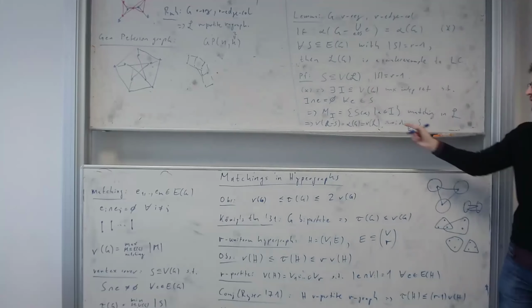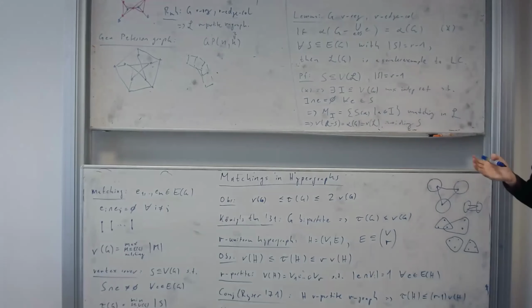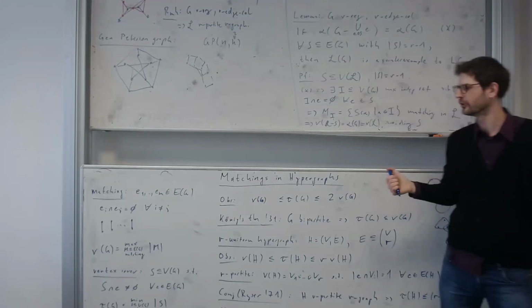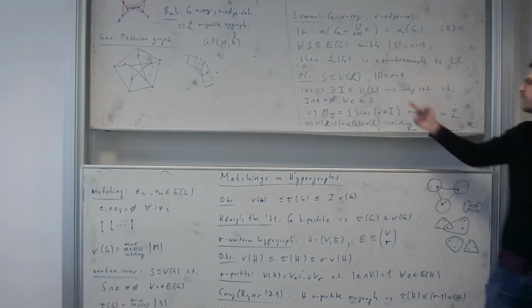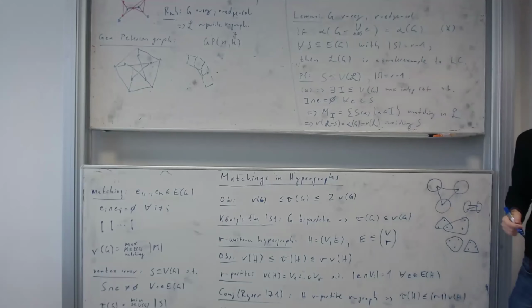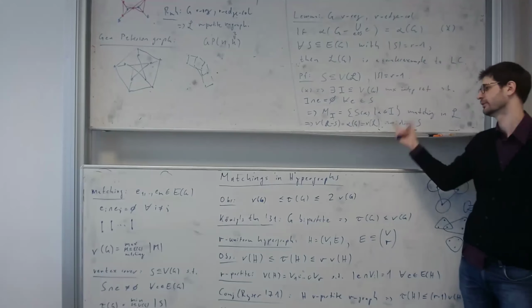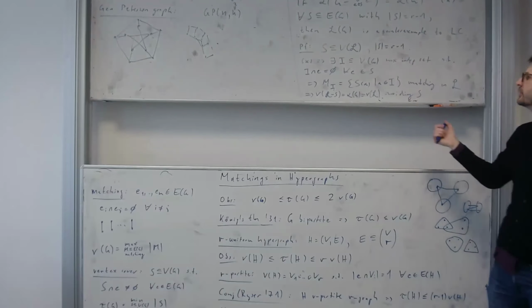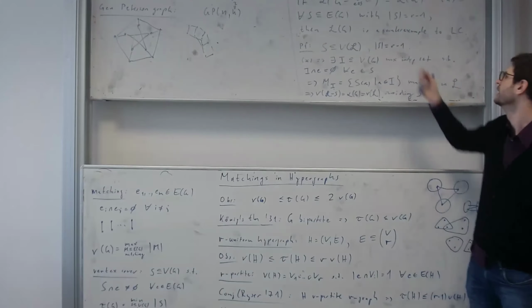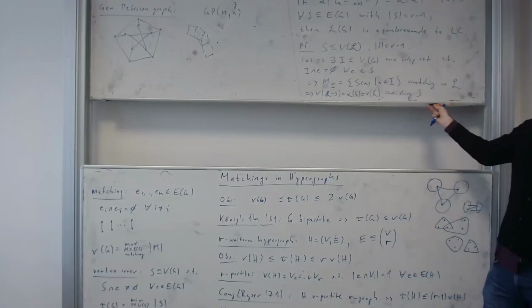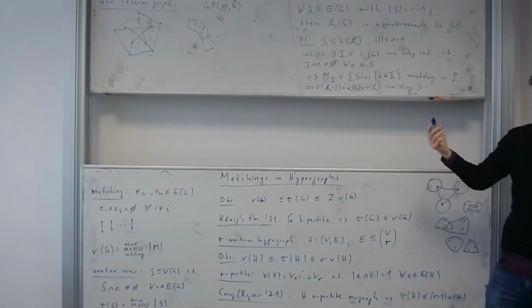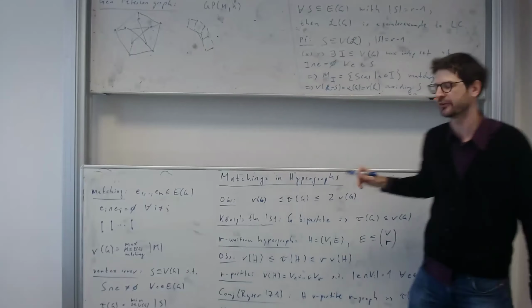So we have that the matching number stays the same. And this is now for every set of R minus 1 edges, right? This was an arbitrary choice. So Lovász conjecture is not true if you find such a graph G with this property. Because you cannot find R minus 1 vertices you can delete from this hypergraph and drop the matching number. Yeah, and the argument is just about switching around between this independent set and the matching you get with the incidence sets. So this is the lemma,